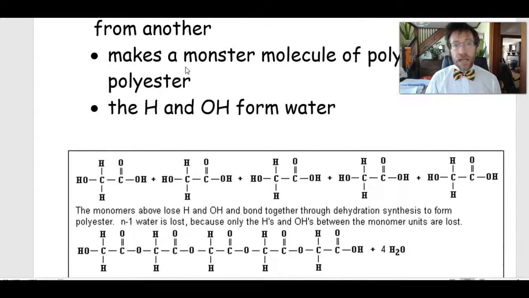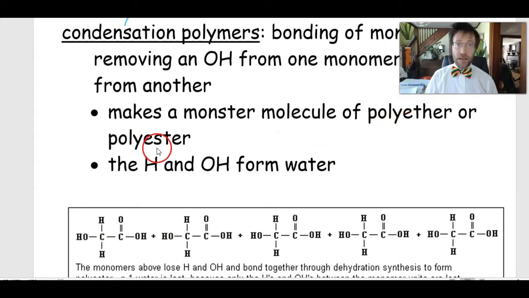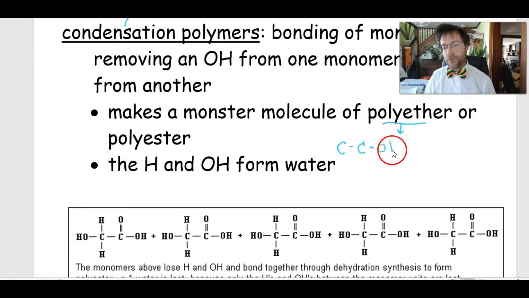So we are going to look at the process that makes a monster molecule of polyether or polyester. Yeah, you can make ethers or you can make esters. Here's how you make an ether. I don't think we talked about this one yet. It's where you take two primary alcohols, you get them close to each other, and the two hydrogens and an oxygen break off and make H2O. And the leftovers, like this bond here and this oxygen bond, flop around in space,